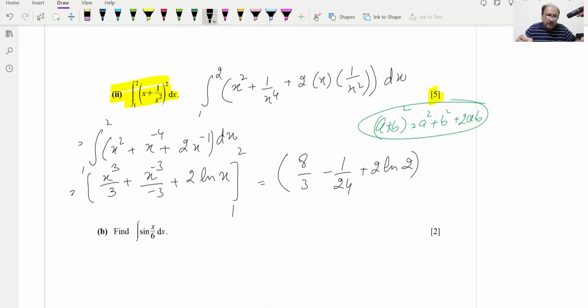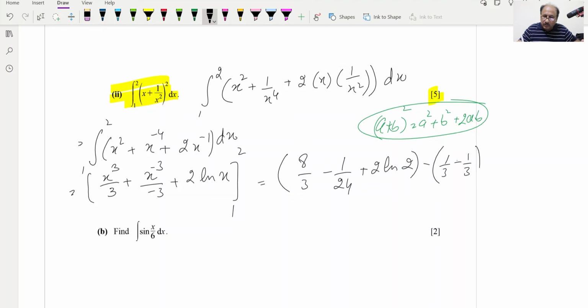And the lower limit, when we replace it with 1, will be 1 by 3, minus 1 by 3, and log of 1